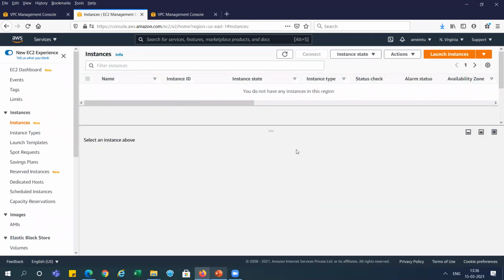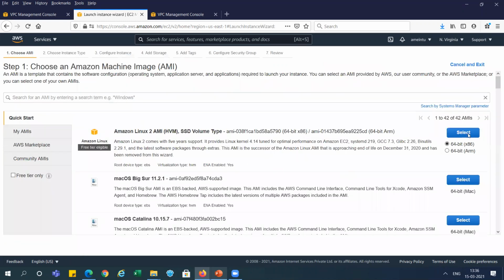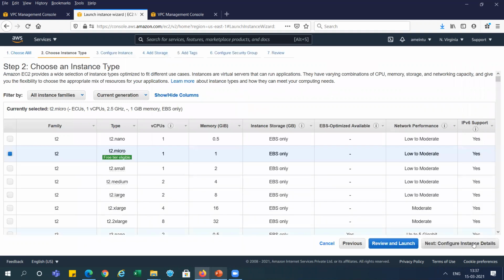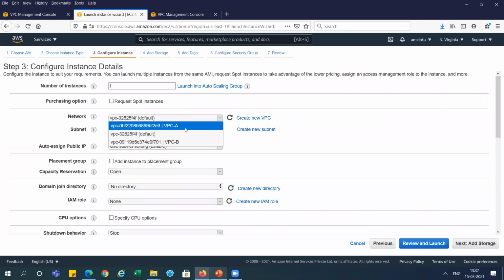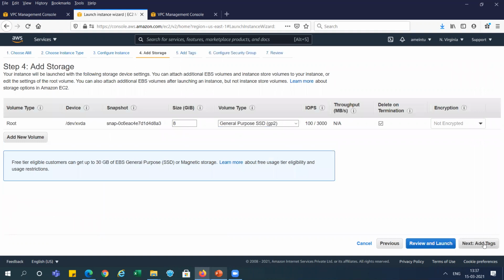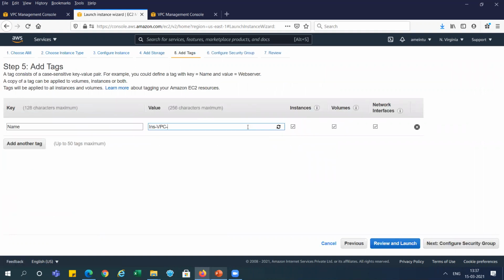So we need to go and create another instance in VPC B also, right? So the same instance, I'm selecting the same way, and selecting here VPC B. And the same subnet, only public subnet, public B, US East 1B region, right? Enabling this one, and next storage with the default one, and name tag we can define this as instance B, right?